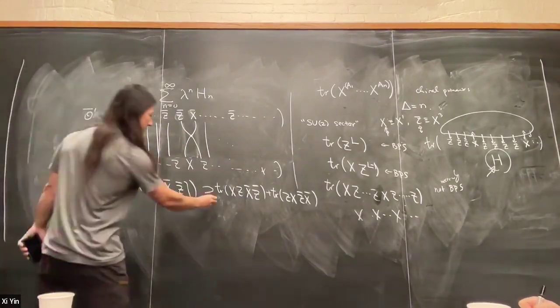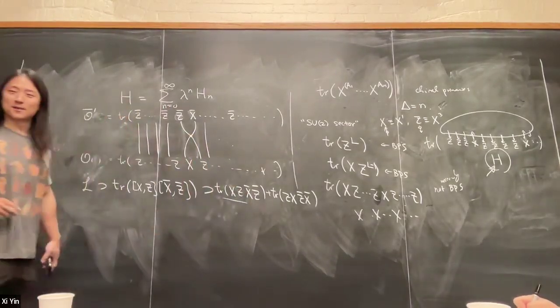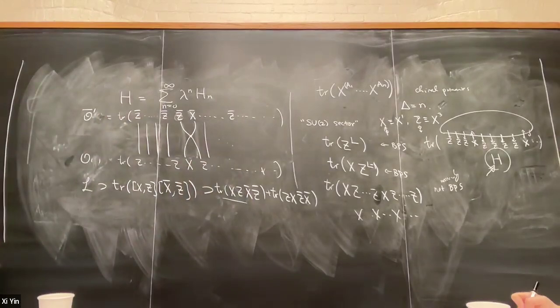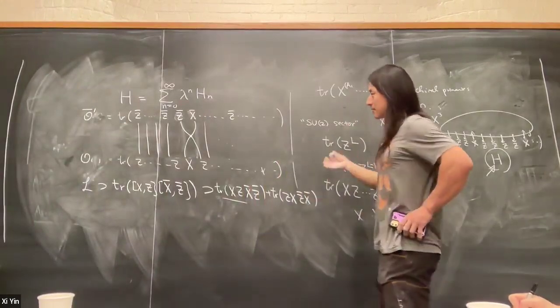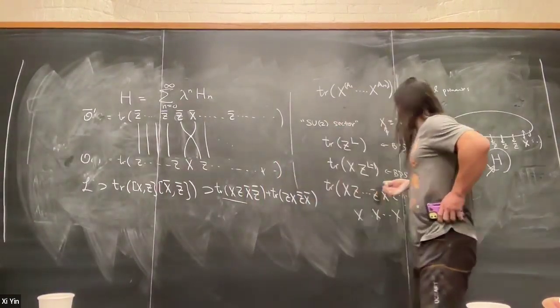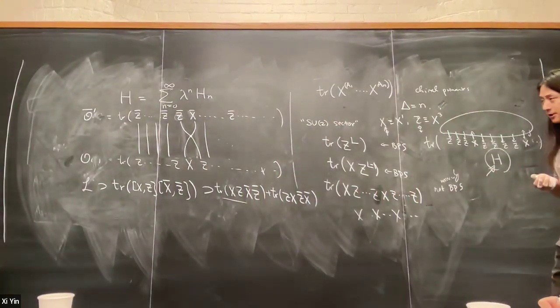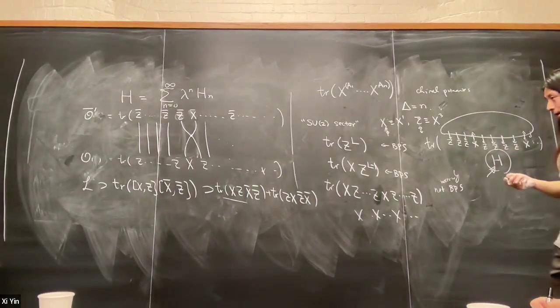So these are the terms, and you can convince yourself that at one loop order, this is the only thing that can move the X, so to speak, and only move it by one site. Right. So if you actually calculate this loop diagram, you'll get the one loop contribution to the anomalous dimension. I'll write that in slightly more detail in just a moment.